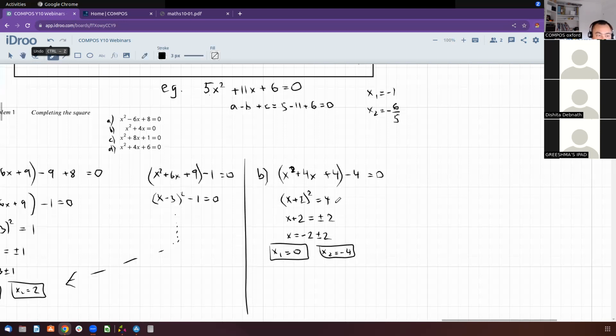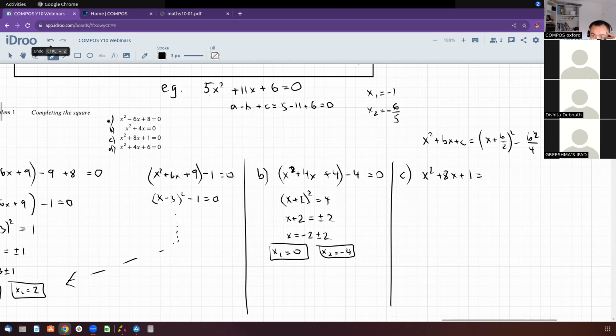So using the formula C, x squared plus 8x plus 1 equals, now the formula x squared plus bx plus c, I'm just going to write it down, x plus b over 2 squared minus b squared over 4 plus c. And of course, if it's a minus, then it's a minus here. So I'm going to use x plus 8 over 2